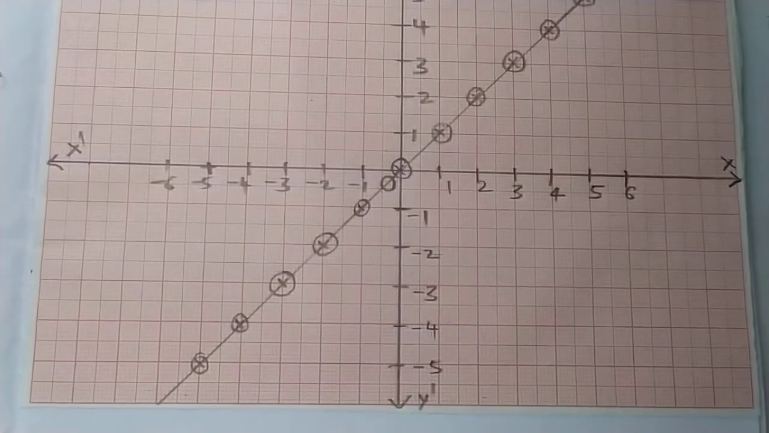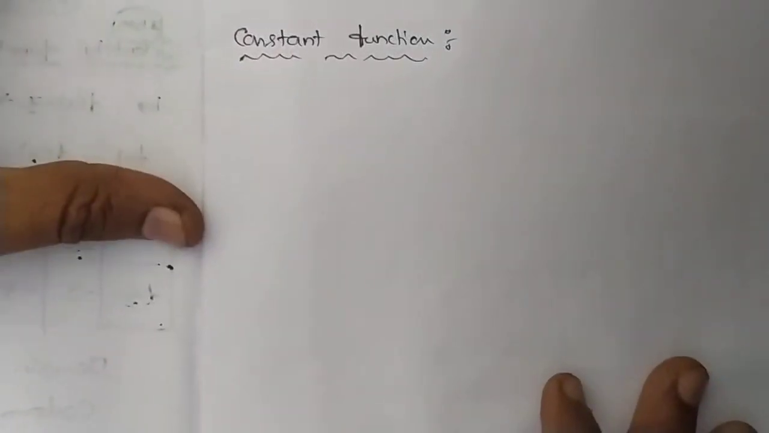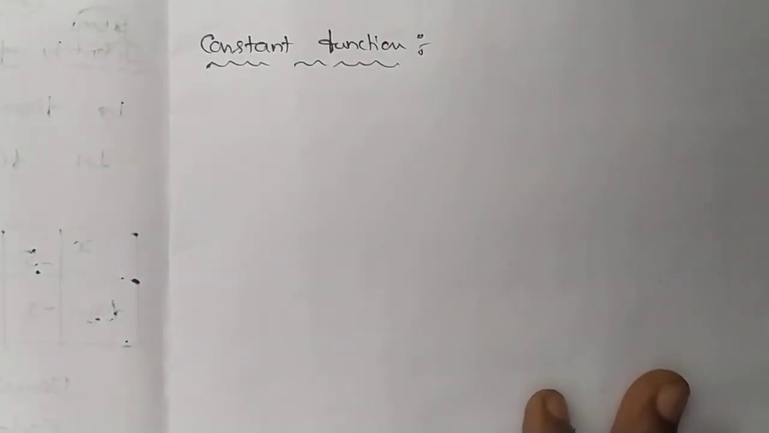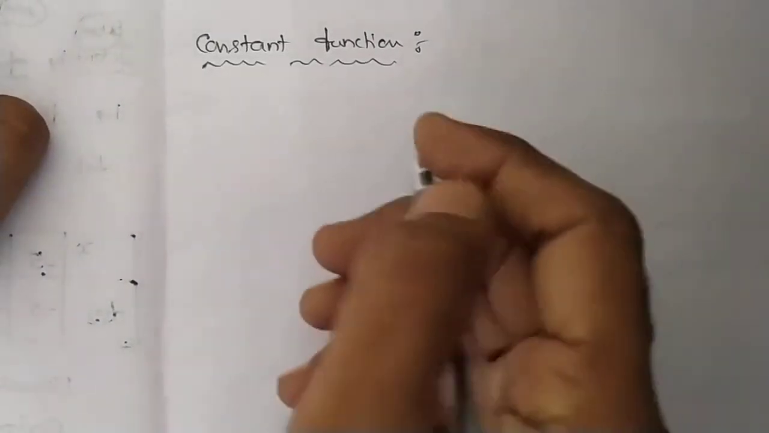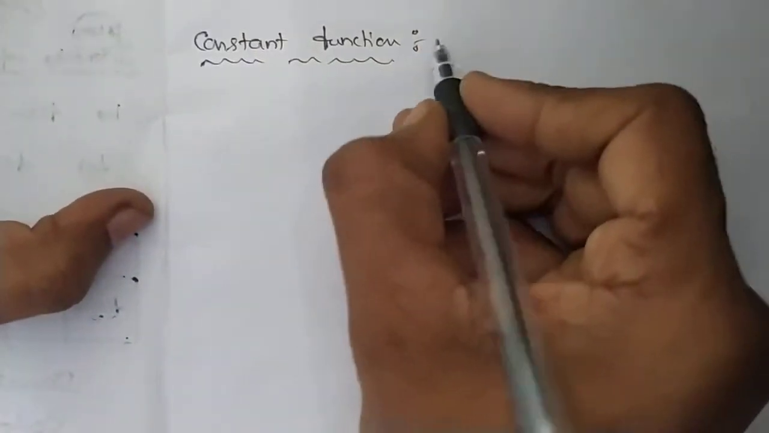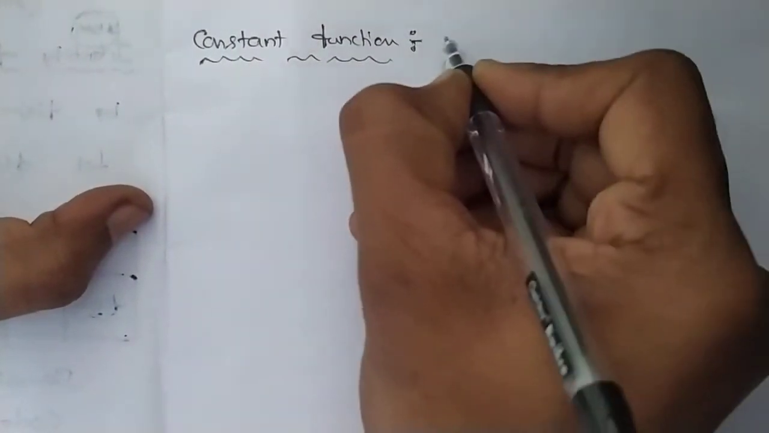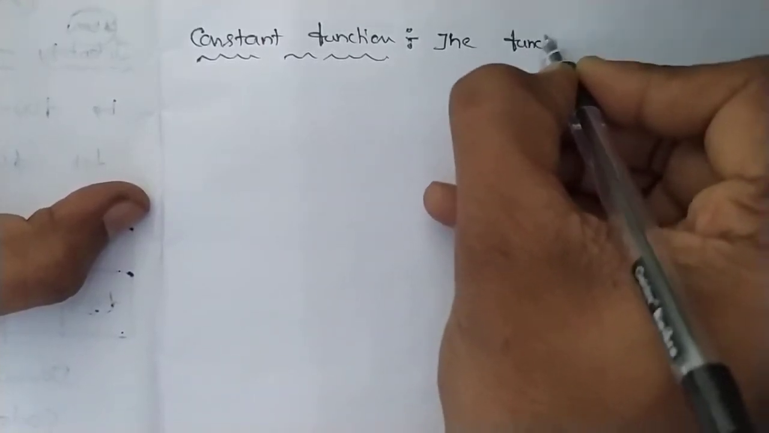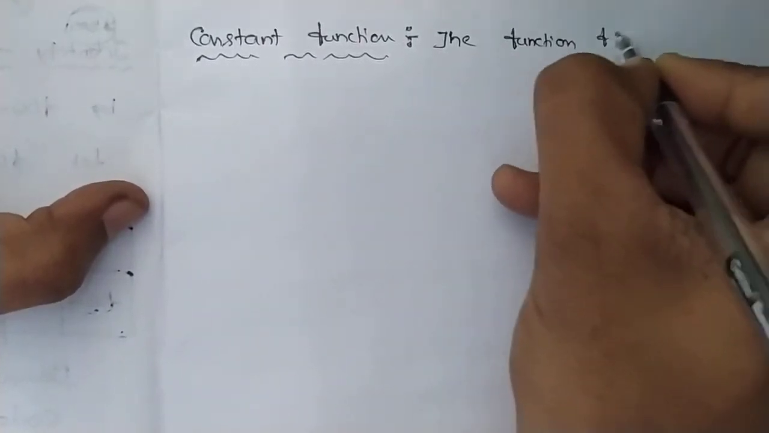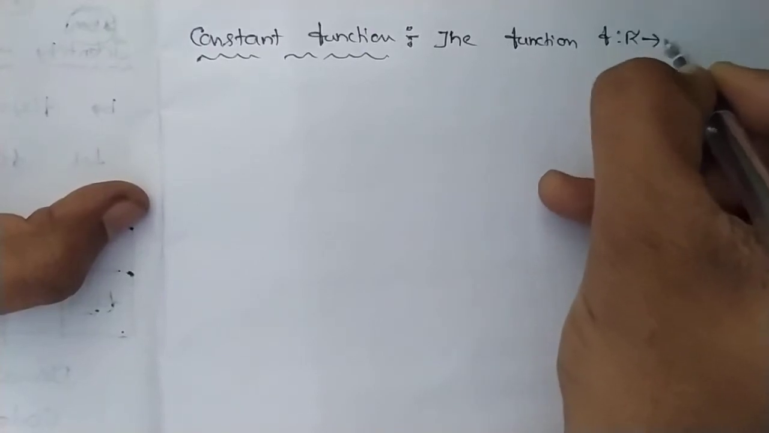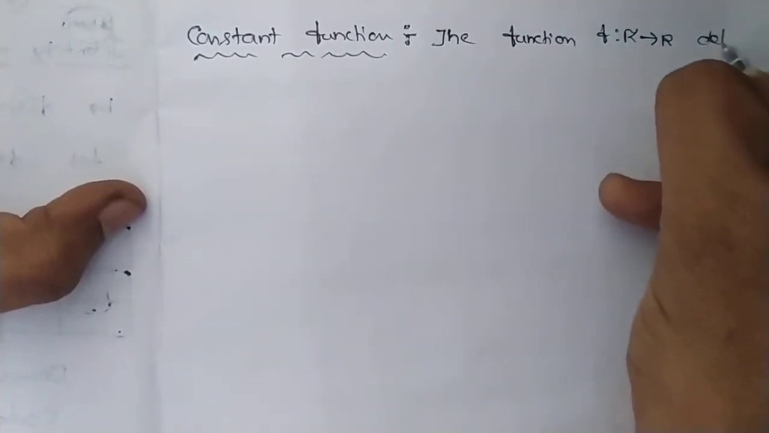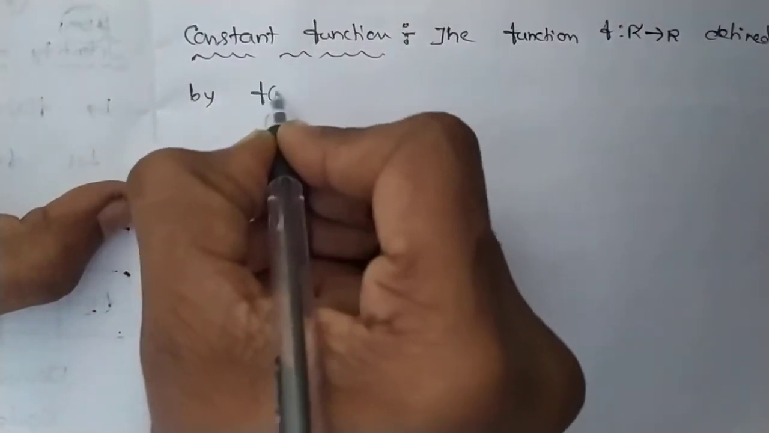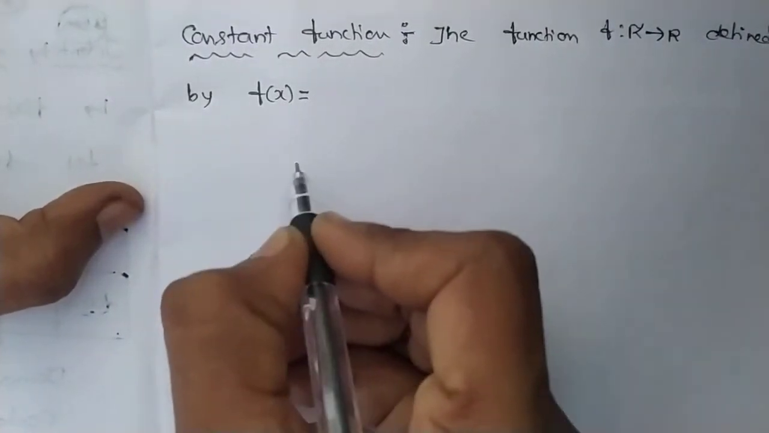Now let us move on to the next type of function. That function is called constant function. What is the definition for this function? The function f from R to R is defined by f of x equals to